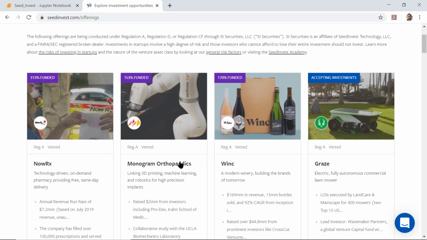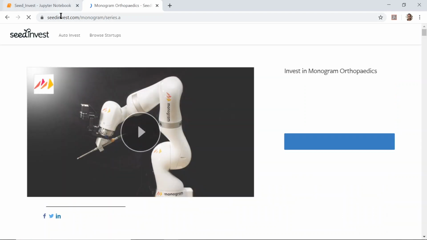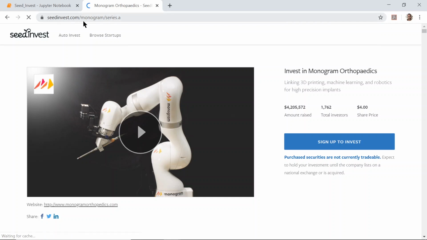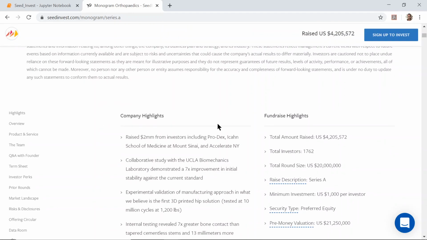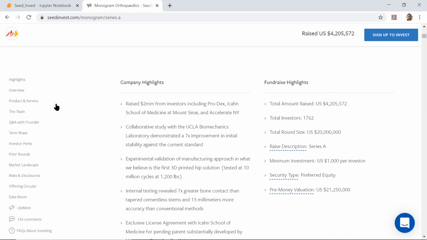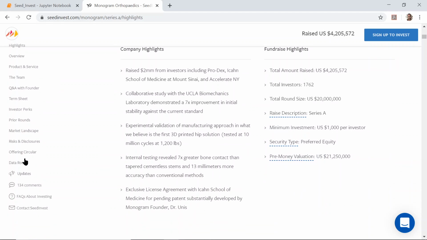Now, if we click on any one of these, let's say we go into Monogram Orthopedics, then we can see how the URL changed. So there's no offerings over here. It only has seedinvest.com and then the company's name, and then it says Series A. And we have some information over here. We have the amount raised, total investors, share price. There's a web URL. There's some description over here, company highlights, fundraise highlights, and there are several links on the